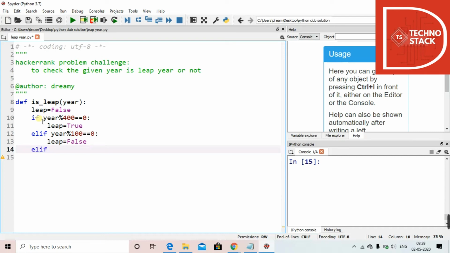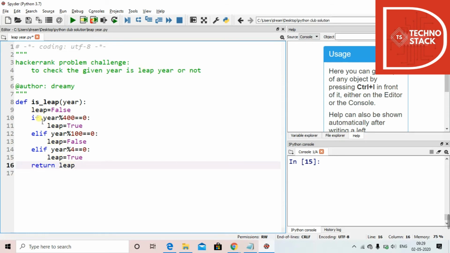Else if year modulo 4 equals 0, then we change the value of leap to true. So this is what it is, and then what we have to return is leap, the variable that we have taken.